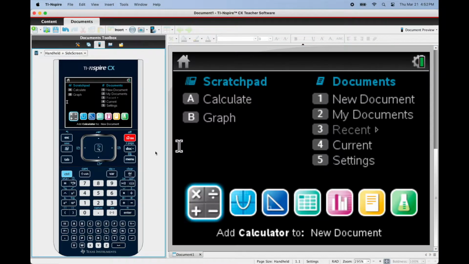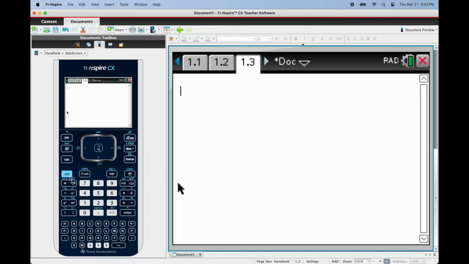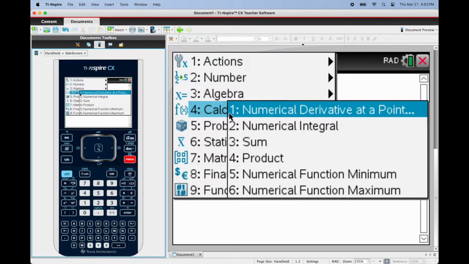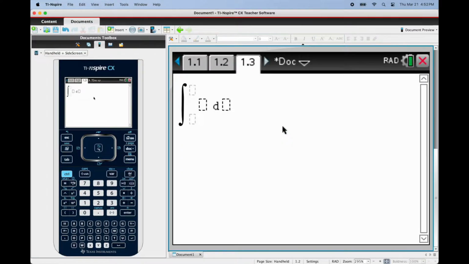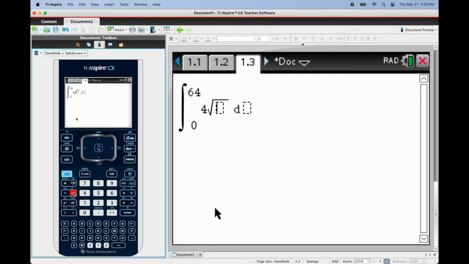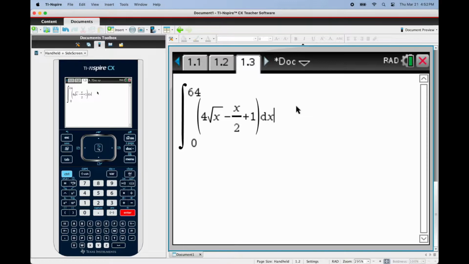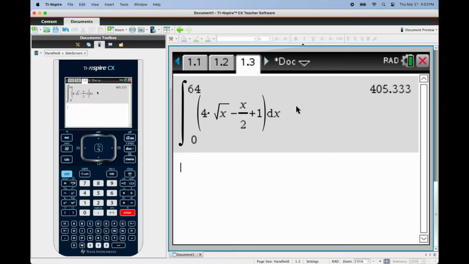All right, let's get a new calculator screen. So in this case, we want to go Menu, Calculus, and we want to find the numerical integral. And here we go. We're starting at 0, going up to 64, and we want to find the sum. That is to say, the area under the curve of this function, which is defined as 4 root x minus x over 2 plus 1. And then we want to match this variable, so it's in terms of dx. All right, 405.333. So let's go back to the document